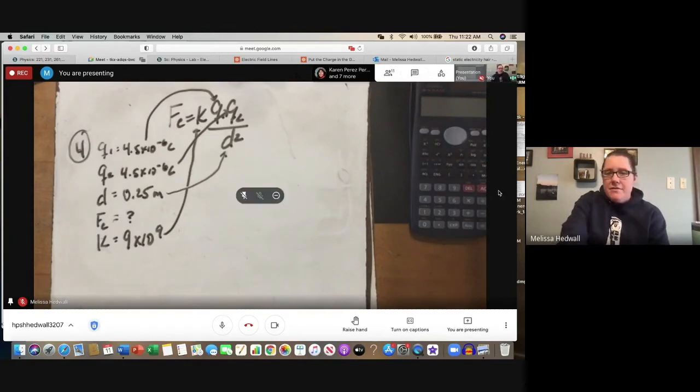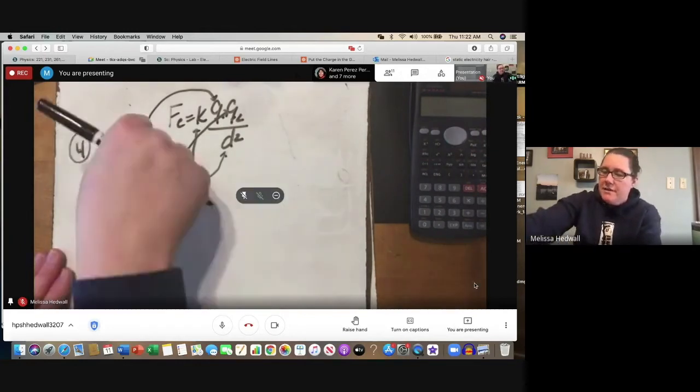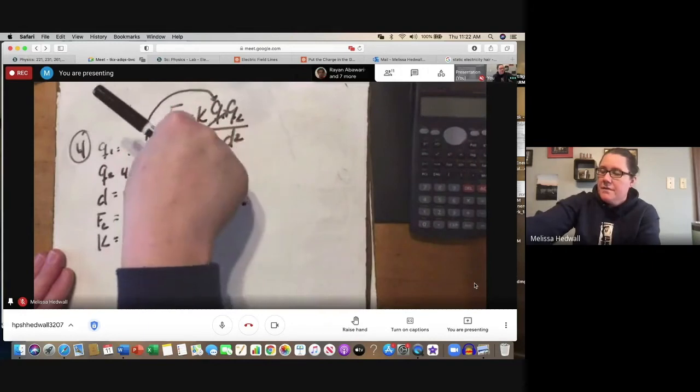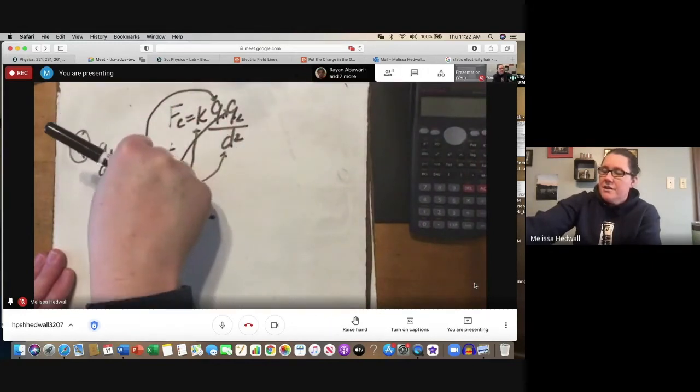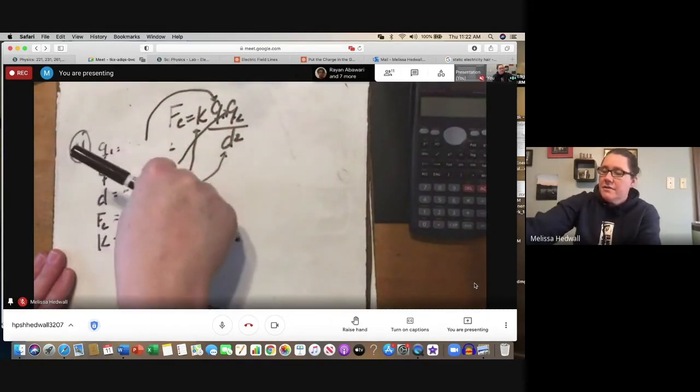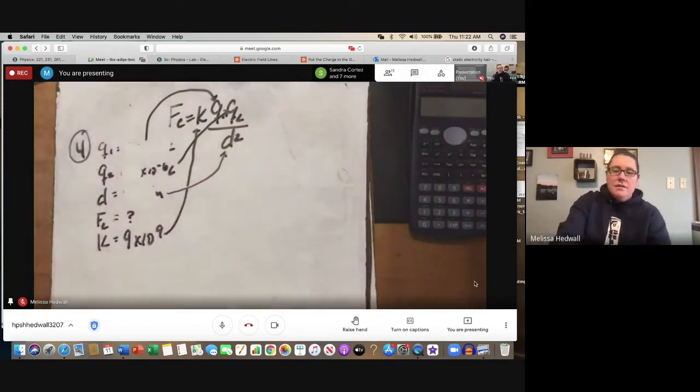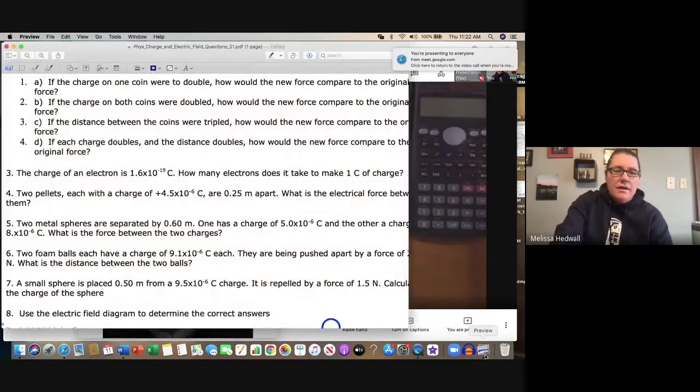Number 5 is very, very similar. We just have a different charge up here. We have a different charge here. I think it's still 10 to the negative 6, and we have a different distance. And so in number 5 here, we end up with two metal spheres separated by 0.6 meters,